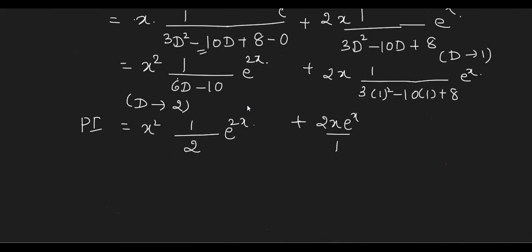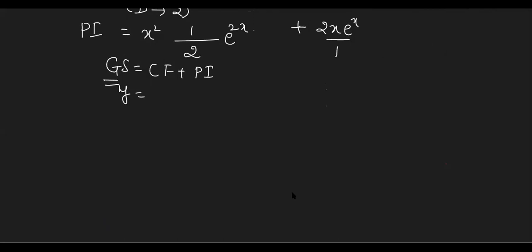After this, we have to just write the last part. What is that? This will give you 1 mark, so you should write it. Substitute and write down. In place of GS, what should I write? It should be Y. Then substitute what you have got for CF and PI. Don't write only this part and leave it, they'll cut your marks.